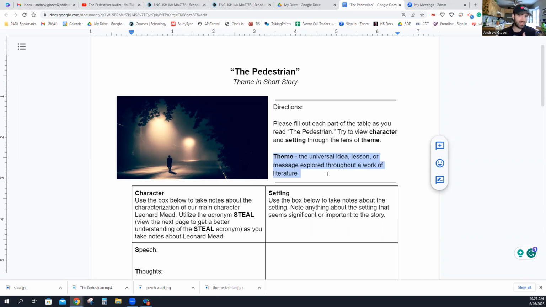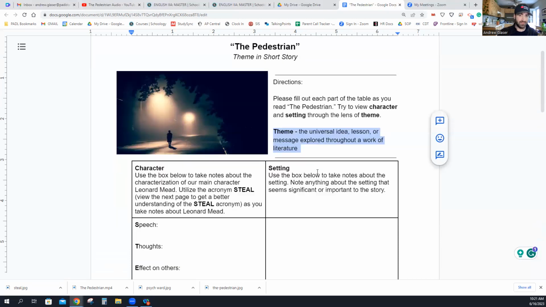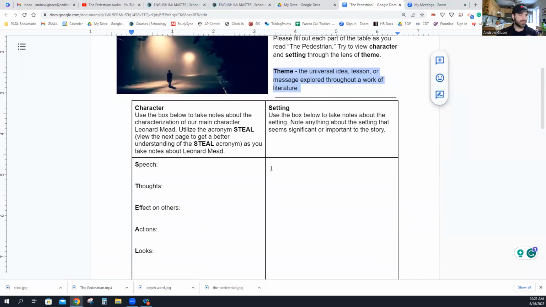And like I said in the introduction to this lesson, that goes for anything, right? It's not just literature. It could be for television. It could be for music. It could be for anything in which someone is creating a piece of art. There's very often a theme or a message. People don't just create art or literature or movies for the sake of it, right? They do it to share something, to express something, okay? And very often they do that through the characters that they create and the setting that they provide for the story.